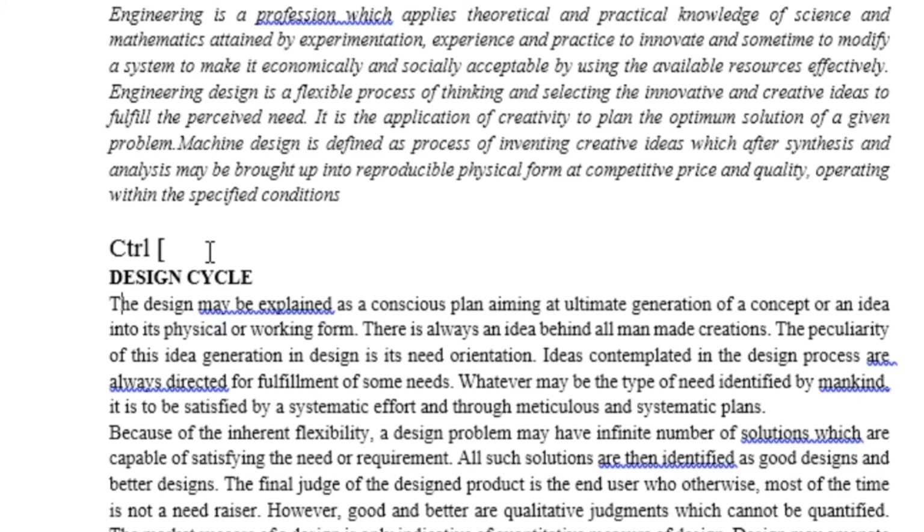We can also make it subscript and superscript with a simple Control plus button. Control and plus, it will be subscript, and Control Shift plus, it will be superscript as shown here. If I select it and press Control and plus, it will be subscript. If I press Control Shift and plus, it will be superscript. And if I again press the same Control Shift plus, it will be a normal font.